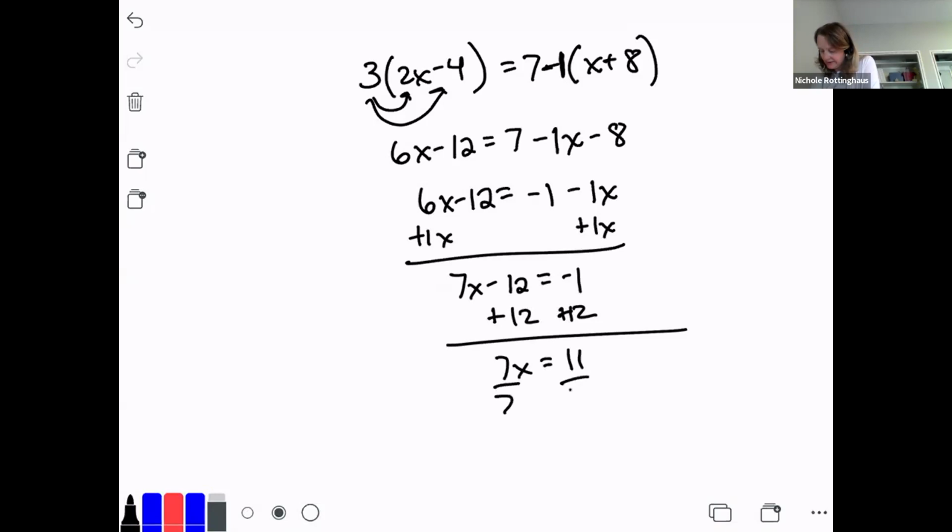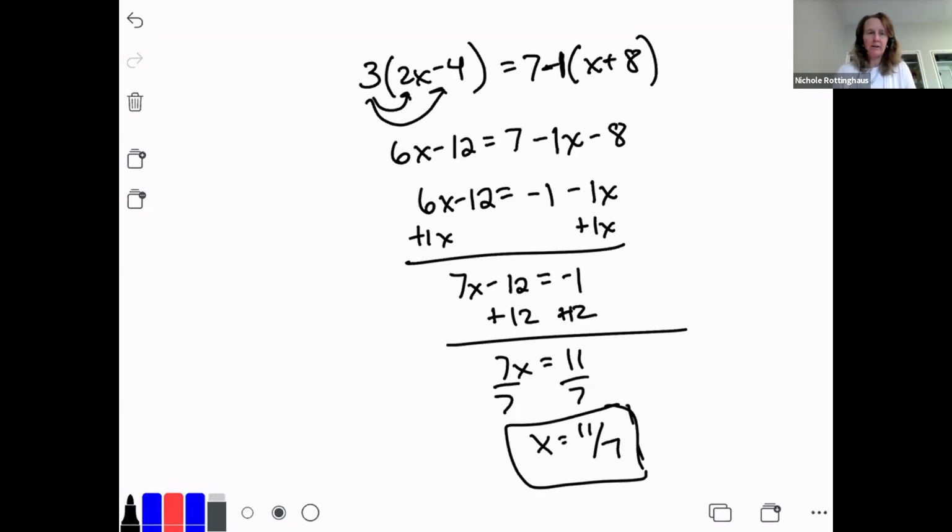And then I'll divide by 7. X equals 11 over 7. Just leave it as an improper fraction there, okay? And you're done. If you have any questions on either of those, make sure and talk with your tutor this afternoon. Today we are going to just